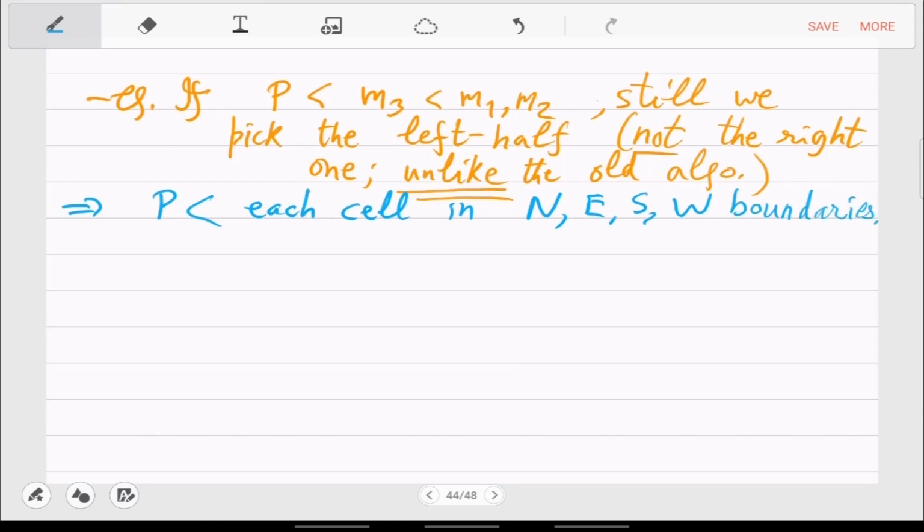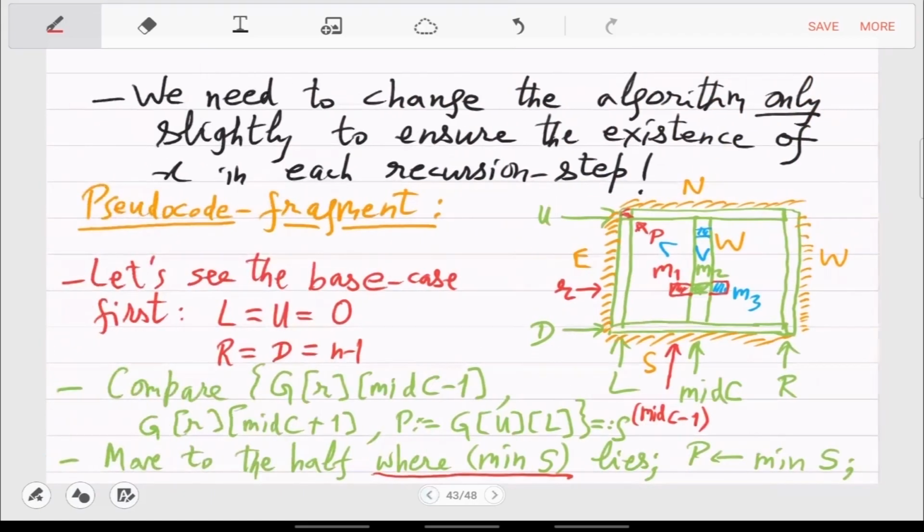So in the base case, this part is vacuous. While the western part, we are ensuring, I may have messed up the directions, sorry.